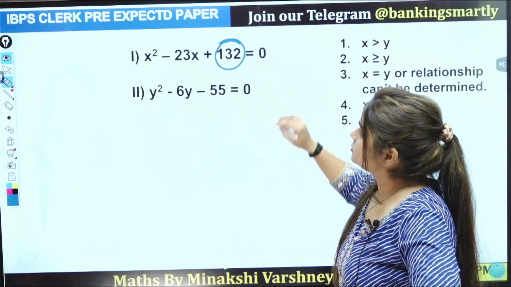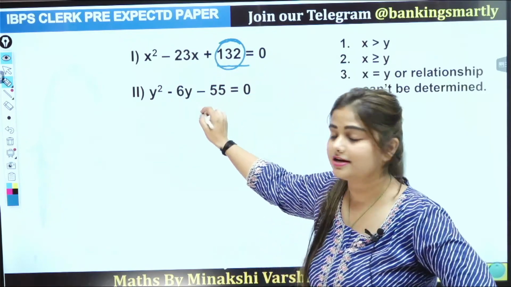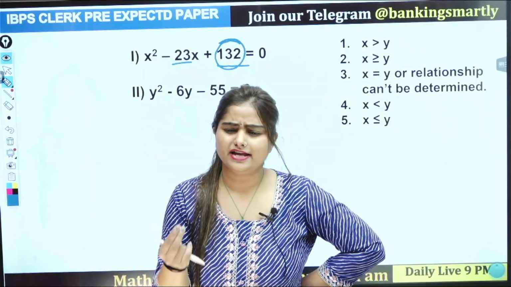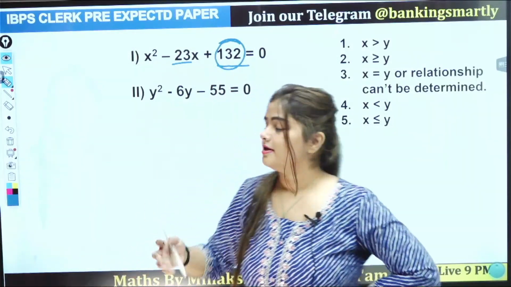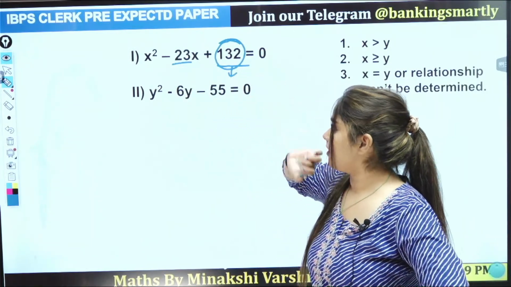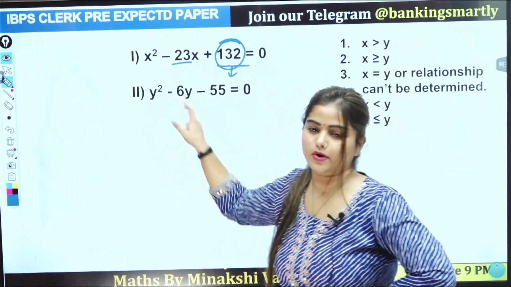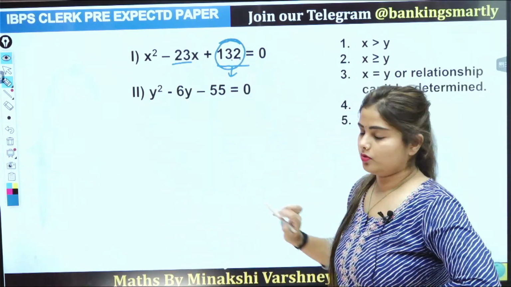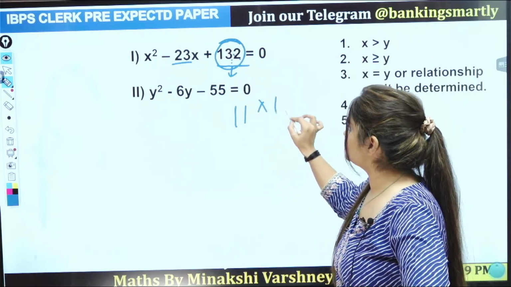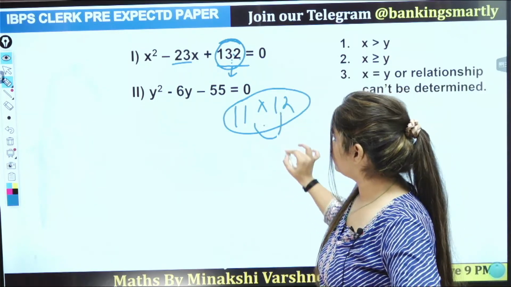132. So how can we factorize this pattern? If you are getting a three-digit number here and a 2-digit number here, always remember one thing, you have to take two-digit numbers. So what we have here is 23, so we have to make factors from here, to get the addition of this factor 23. So 132, this is a multiple of 11. 11 ones are 11, 11 twos are 22. And 11 and 12 sum is 23.